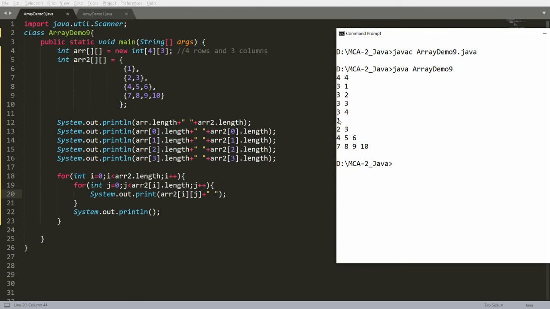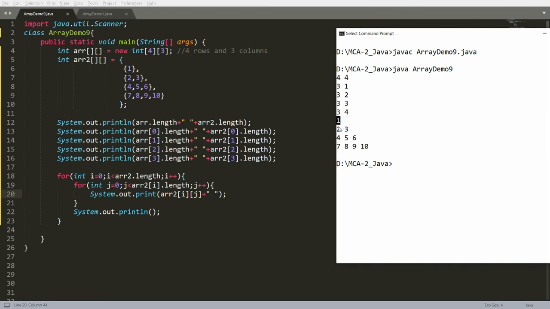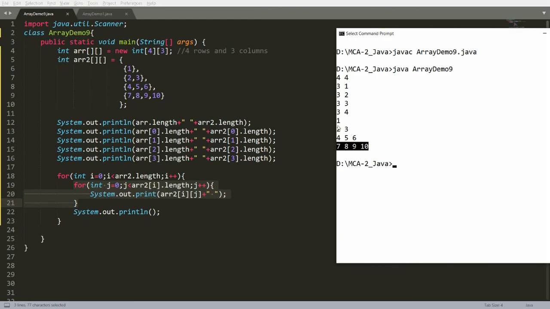See here, this is interestingly printing a triangle. Why? Because in this array the first row has one column, the second row has two columns, the third row has three columns, and the fourth row has four columns. That is the reason why my inner loop is running one time the first time, two times the second time, three times the third time, and four times the fourth time. And that is the reason why I'm getting a triangle over here.